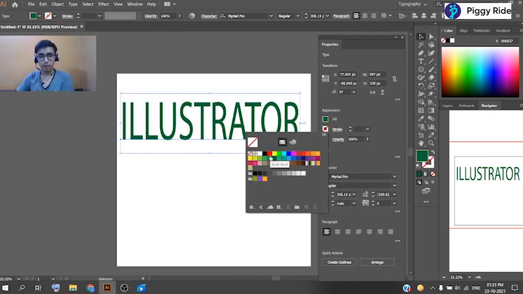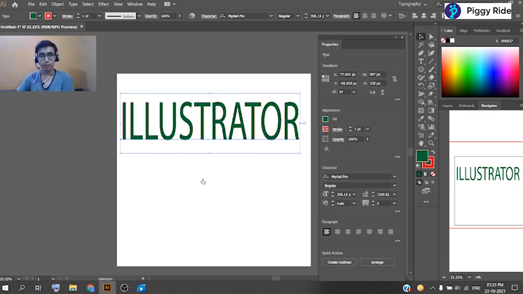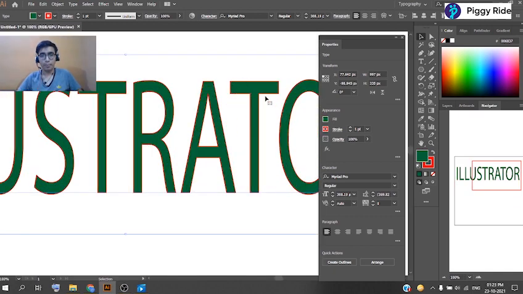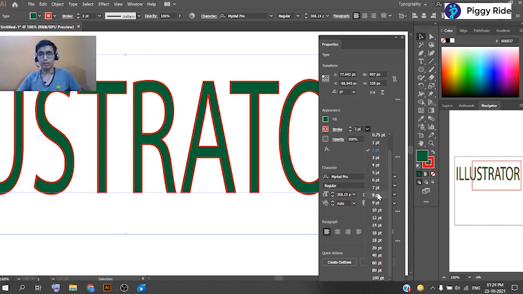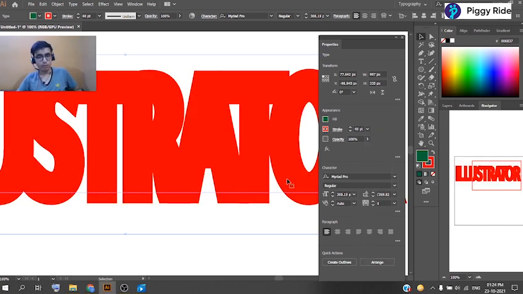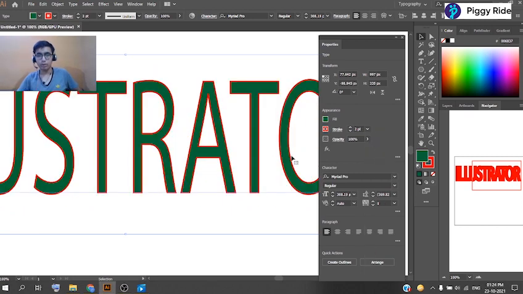So we will just change the outline, the stroke, to red. You can see it has a nice red boundary, or you can say the outline of the text. We can also increase the size of the stroke from here, like if I were increasing 3, 4, 5, 6, or we can just decrease that also, or we have some presets over here also to increase to a definite point, 40, or we can just decrease from here also too.